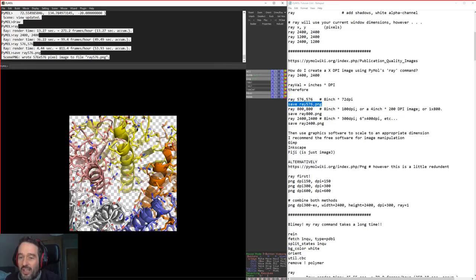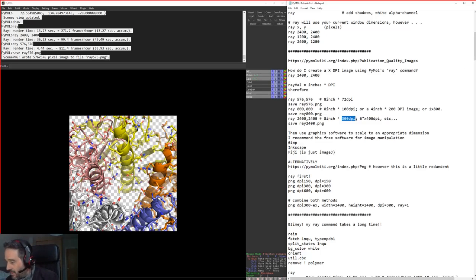Now if we took that image that we saved and we made it 8 inches by 8 inches, then it will have a DPI of 72, right? And correspondingly that works for obviously any of these parameters here. And a general safe bet to go for is 2400 for your very top quality images, because again, if you've got an 8-inch image there, then you've got a DPI of 300, which is plenty for most people's needs, really.